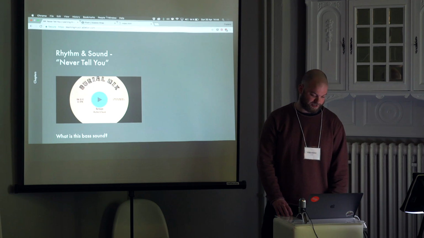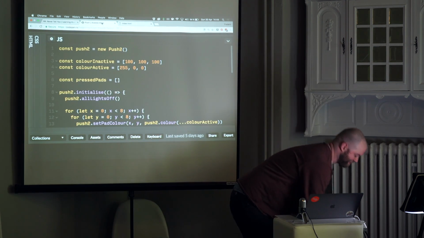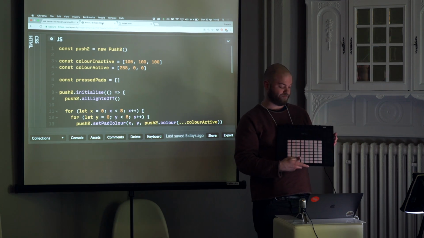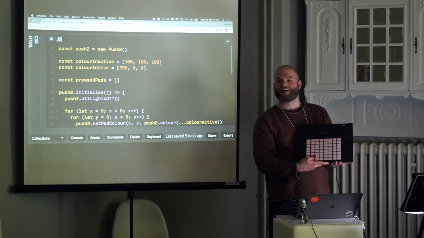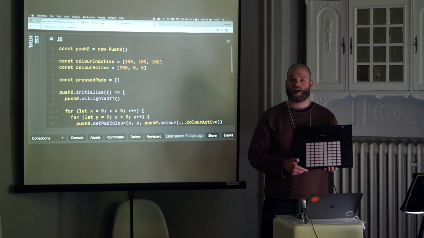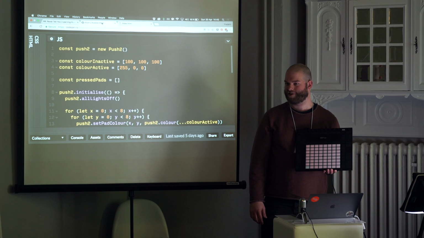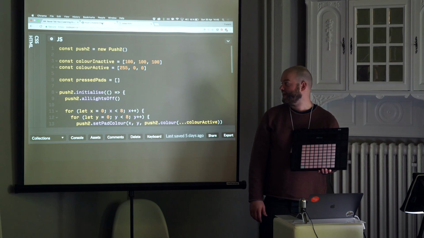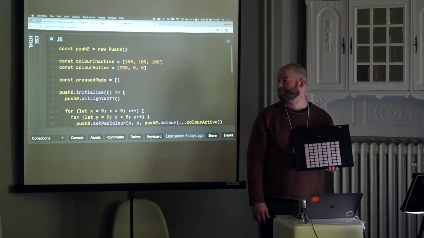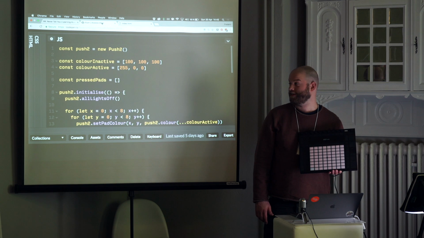Another thing I would like to share with you is, at Ableton we also make this thing here. It's called the Push. It's a MIDI controller. It's designed to work with our software Live, but it also works with Web MIDI, and one of the engineers on the Push team, Ben Jeffries, has made a really nice abstraction library, so you can really easily use it